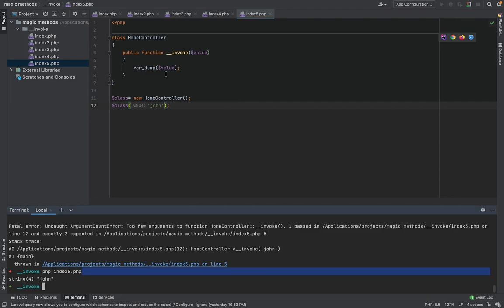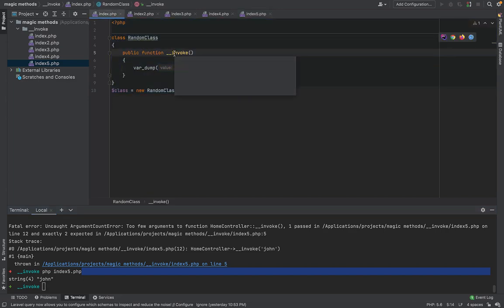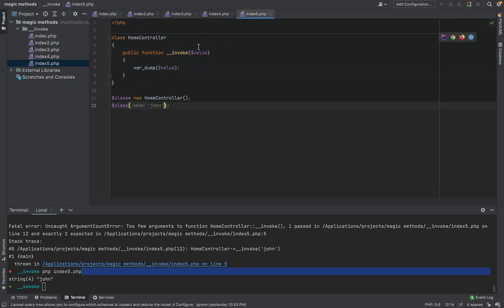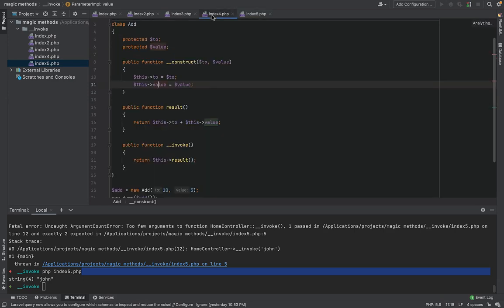So as a result, to sum it up, first of all, there is a huge difference between invoke and construct. With construct, every time you create an object, it shows up what is in the construct. But with invoke, you don't get to print out anything by just calling the object. You have to make it callable, and we do it with the invoke method. And the invoke method can have as many arguments as you want. So this is the example of that.